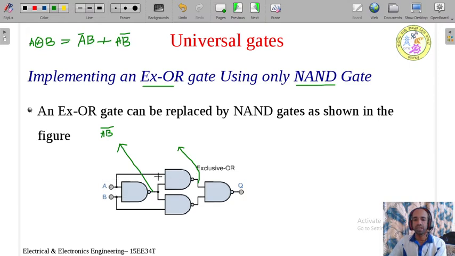One input is A, so I will take that A. A is the one input. And the second input is this one. This is connected to here. What is the output available here? It is nothing but AB bar. Therefore the second input to this gate is nothing but this one. So I will write it as AB bar,